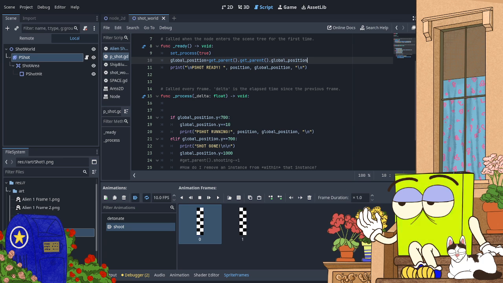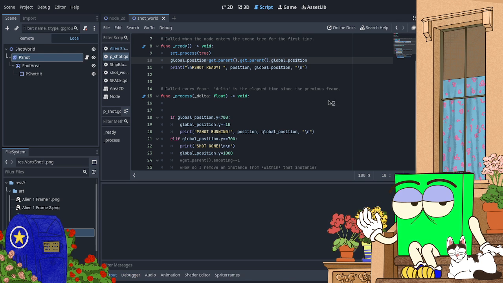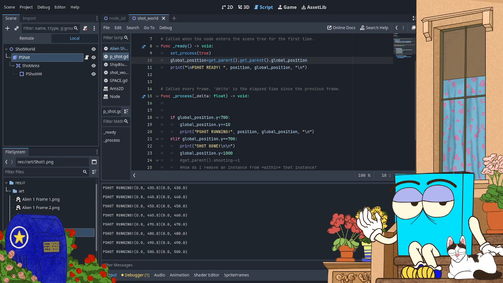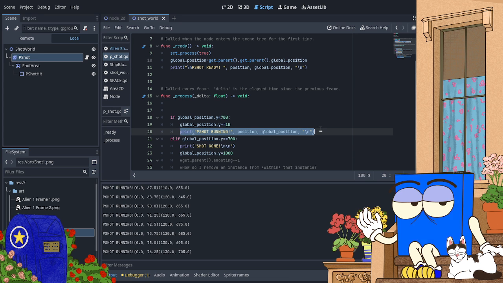Set X and Y. Why did I set it just X? Okay. It's working.